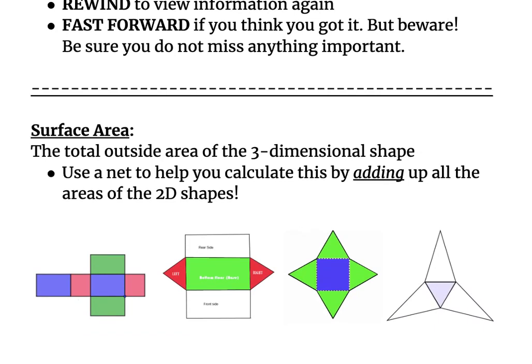As a reminder, these are our most basic 3D shapes and their nets. So we have our rectangular prism, which is made up of 6 faces total, all rectangles with matching opposite sides. The triangular prism, since it's a prism, has rectangles as the sides and triangles as the bases. A triangle has 3 sides, so it's going to have 3 rectangles. Just like a rectangle has 4 sides, so it's going to have 4